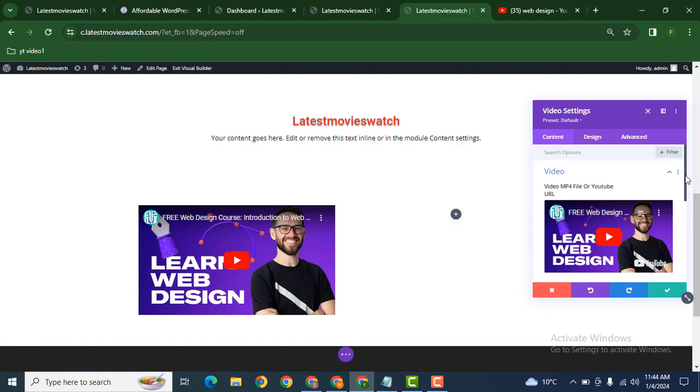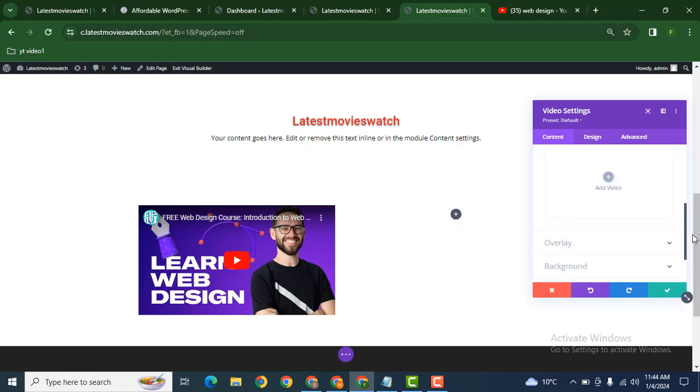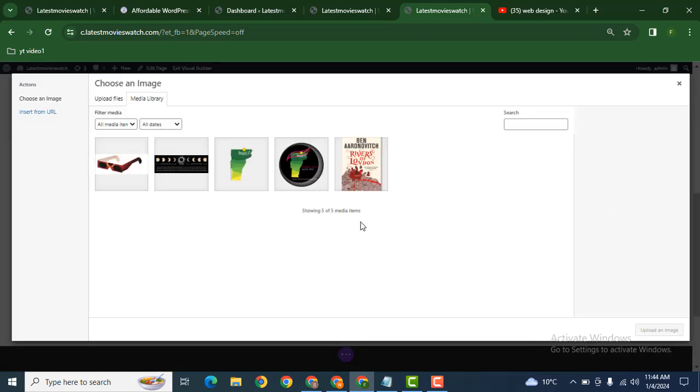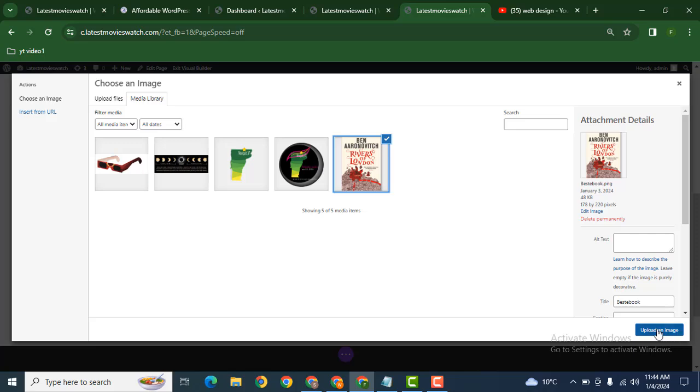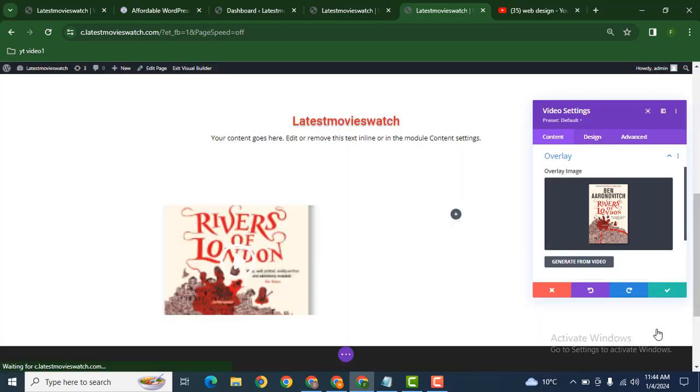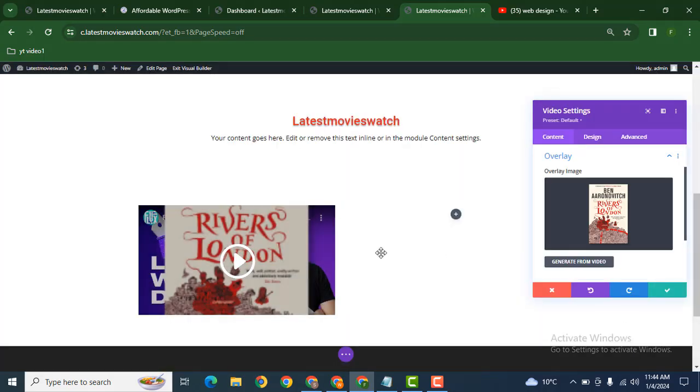Now scroll down, and after that here you can see the overlay option. Now you can add an overlay image. So this is just for example. Here you can see this is an image, but it does not have proper width or height. So make sure that if you want to add an overlay image, that image will be great and in HD format. Okay, now let's delete it,